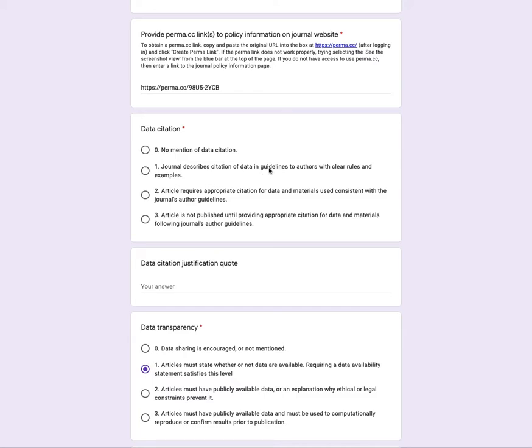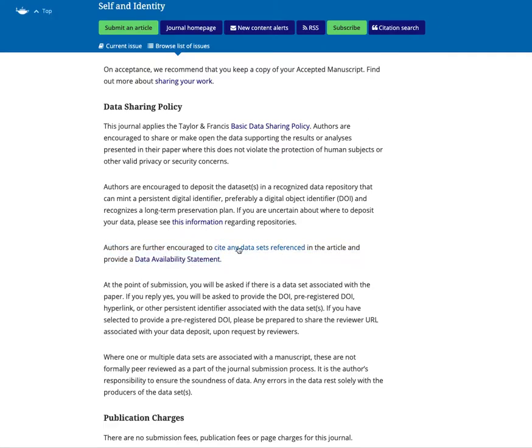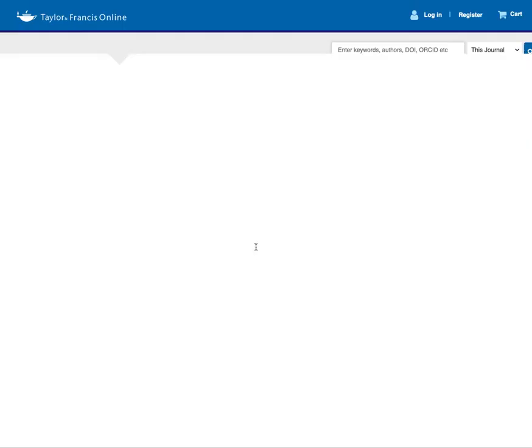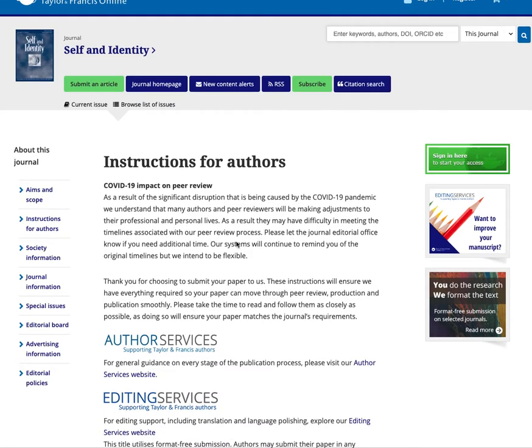Journal describes citation of data and guidelines with clear rules and examples. Well, we certainly had it described. Further encouraged to cite any data sets. Did they provide any examples or information about how to cite it? So they have a link here, cite any data sets referenced. When I click the link, it doesn't go to anything. So that didn't help me